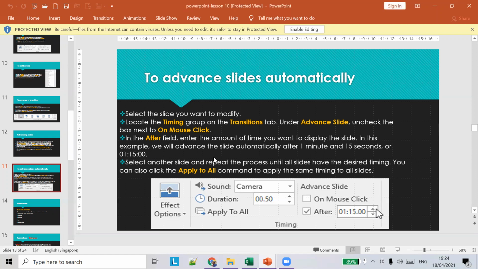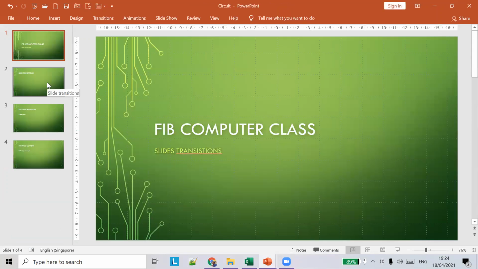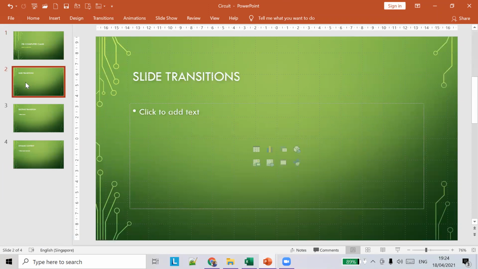I'll give you an example. What you can do is apply some transitions. You can create a slide saying FIB computer class, and you can do the same thing.